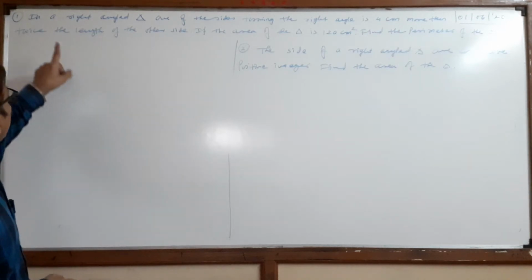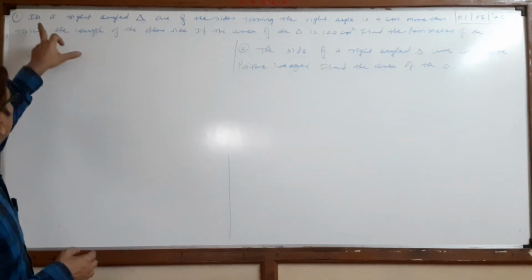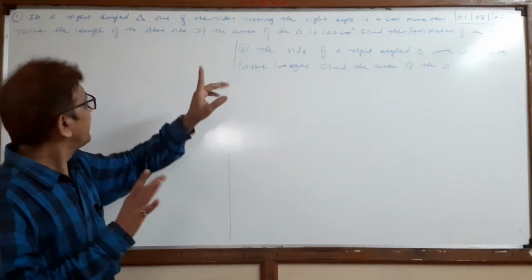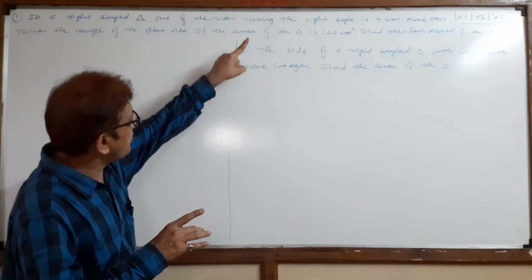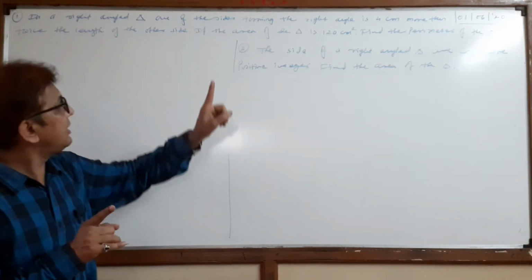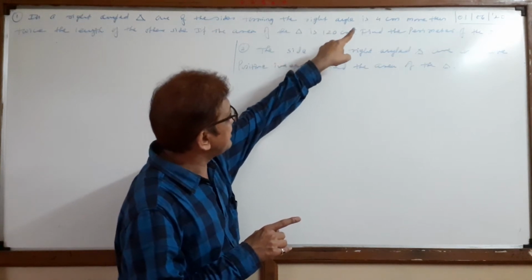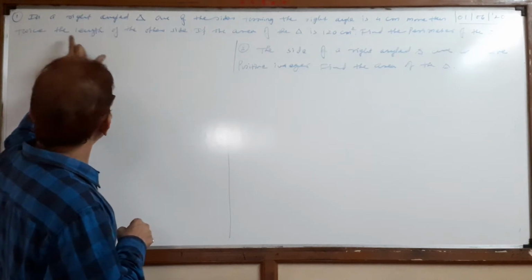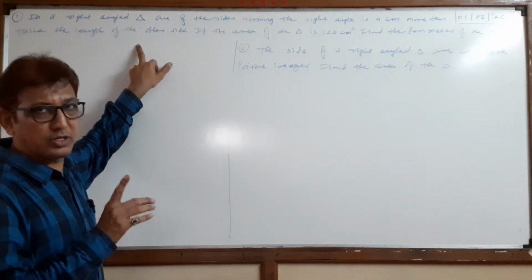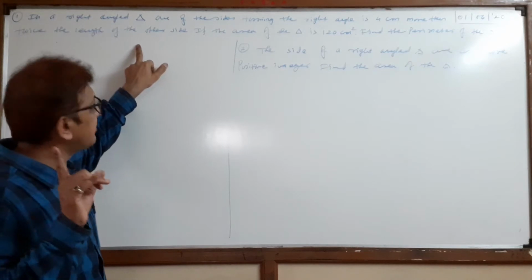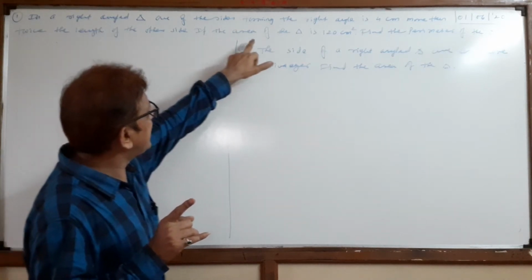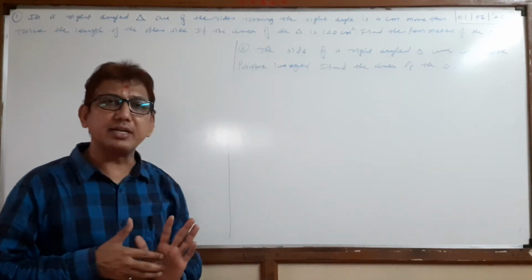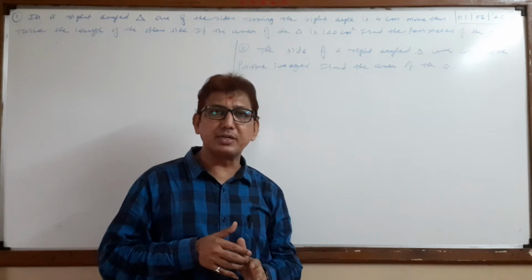Here we write the two questions of the problem sum. First question, we read the question. In a right angle triangle, one of the sides forming the right angle is 4 centimeter more than twice the length of the other side. And other data, if the area of the triangle is 120 centimeter square, find the perimeter of the triangle. Our final question is to find the perimeter of the triangle.